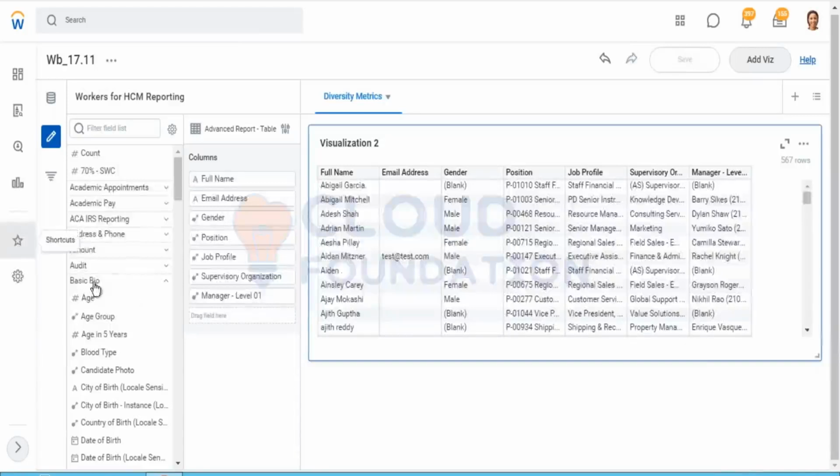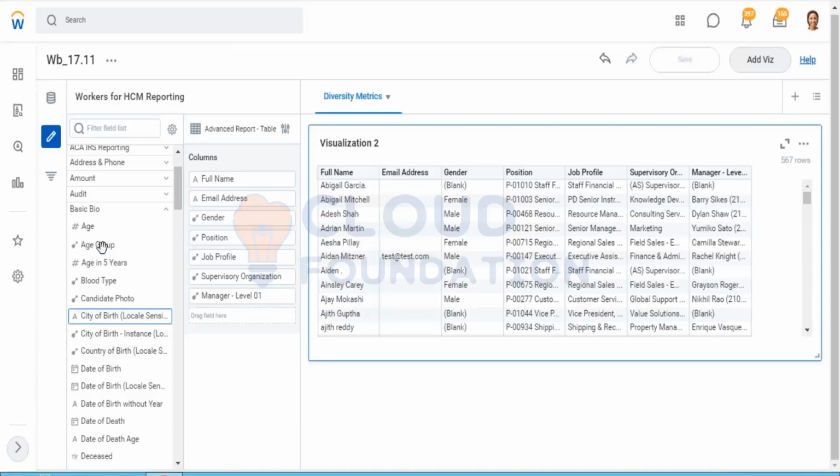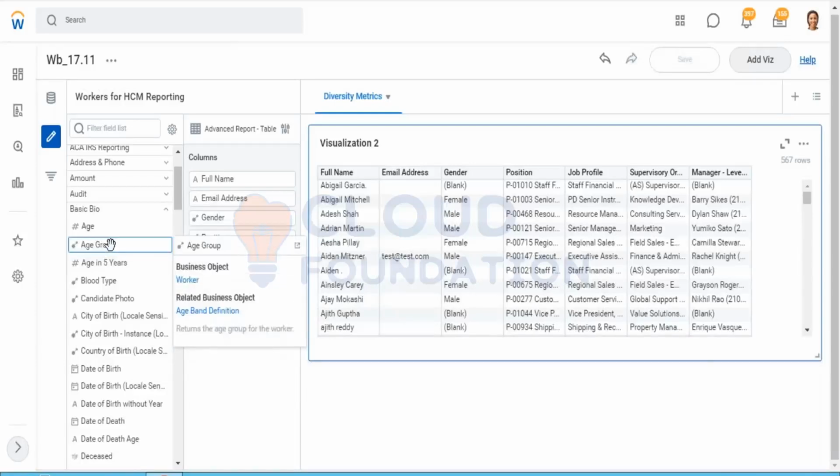If I look at basic bio as an example, if I click on age group, this is a field of type attribute. However, let me click on age. The moment I bring my cursor on age, this double chevron gets highlighted, and if I click on this,